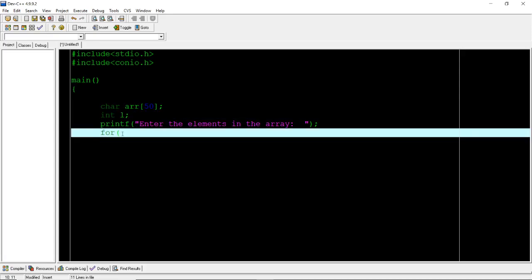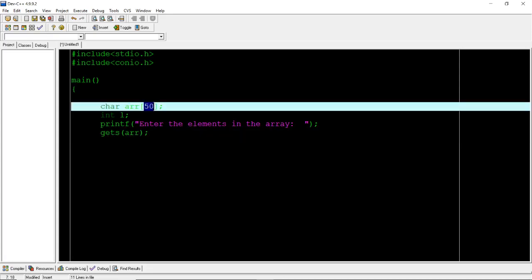Now I will write a function gets. Inside the parenthesis I will write the array name. Whatever the user enters will be less than 50, because 50 is the maximum size I have given.